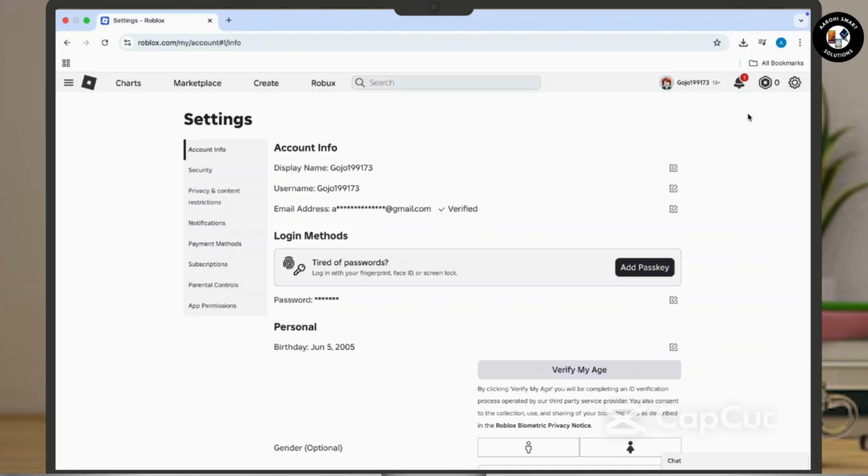Or if you have not verified your age, as in you need to send your verification card to Roblox, so if you have not done that, you need to complete that process by tapping on the verify my age option available there. Now, once you have verified your age, tap on the privacy option available at the left hand